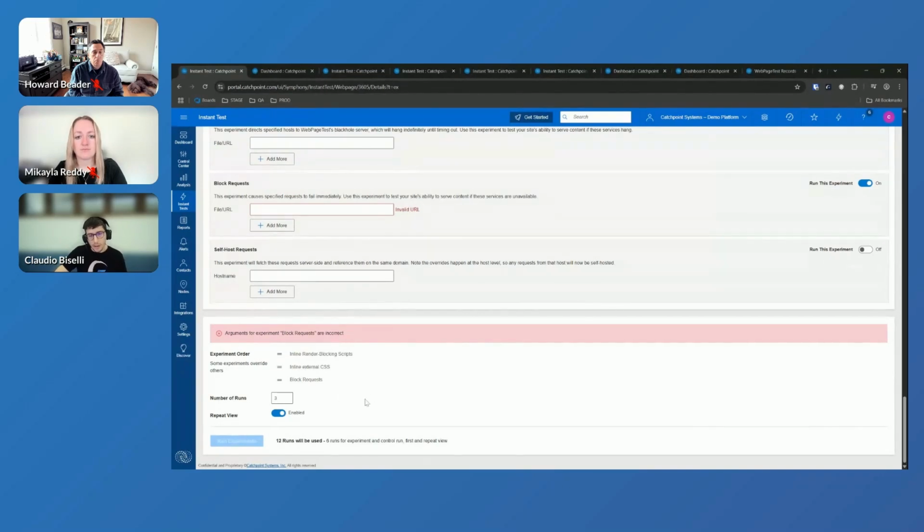which has been already executed because we don't want to wait for 12 runs to complete. The experiment is going to run two different tests, because we want to compare apples with apples. So we want to compare the new result without the experiment applied with the one with the experiment applied. So this is going to run two different tests, and we're going to keep the repeat view and 3 runs